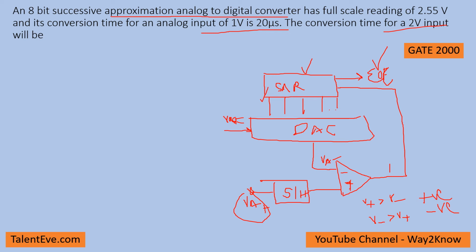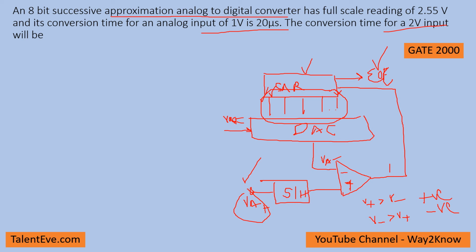Now there is one more, called the counter based register, where you will count every time starting from 0 up to the maximum number. For the successive approximation register, the conversion time would be equal to the number of bits that are here, because each bit will be enabled, compared, and again set or reset based on the output of the comparator. That means irrespective of the voltage here, the conversion time of this successive approximation register depends on the number of bits that is set here.